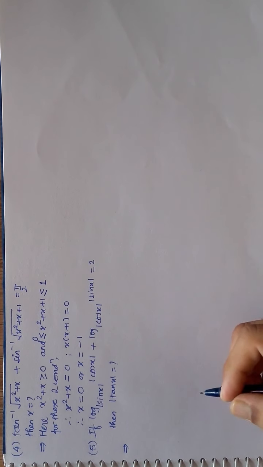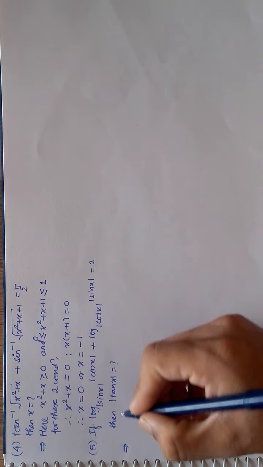Log of mod cos x to the base mod sin x plus log of mod sin x to the base mod cos x is 2. You have to find what is mod tan x. Okay. The question of log, right? So it seems that it will shatter our brain, right? Okay. So let us think on it very properly. Take a pause, think on it, and pause the video. I mean to say, pause the video, think on it, be ready with your answer, then start looking after 30 seconds. Hope you have a thought.